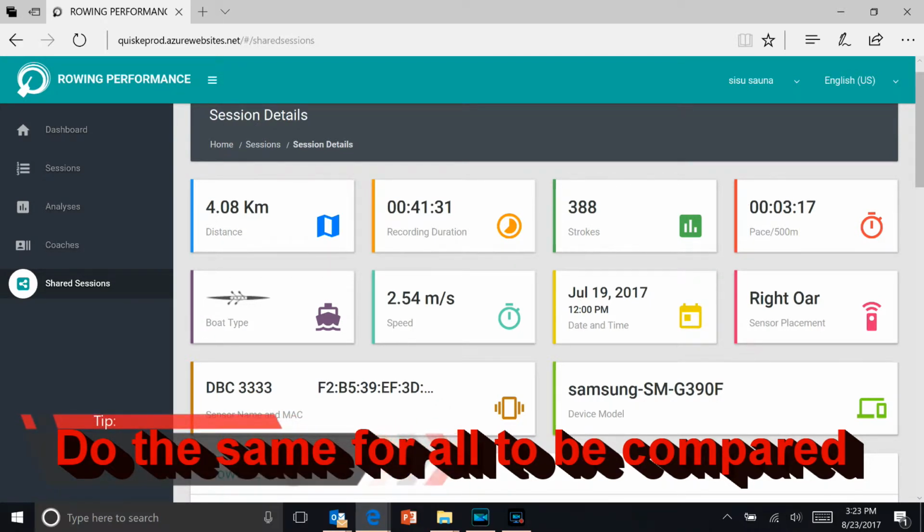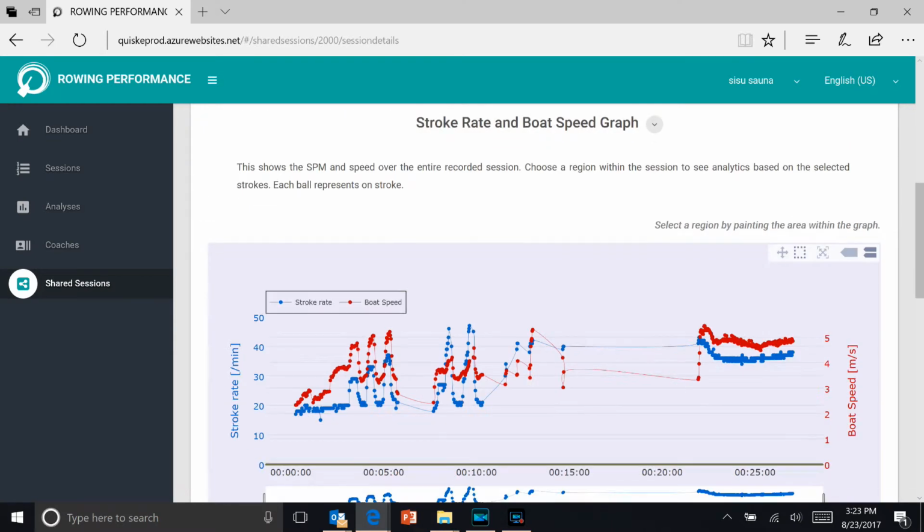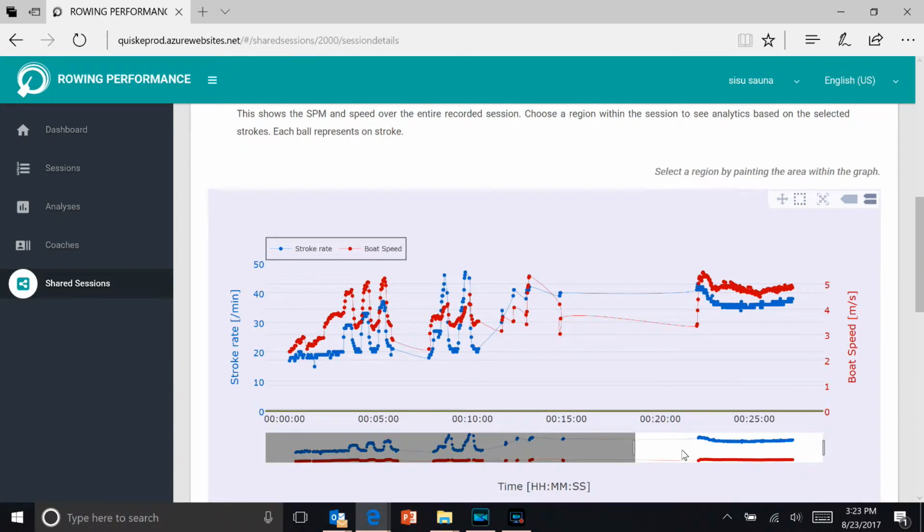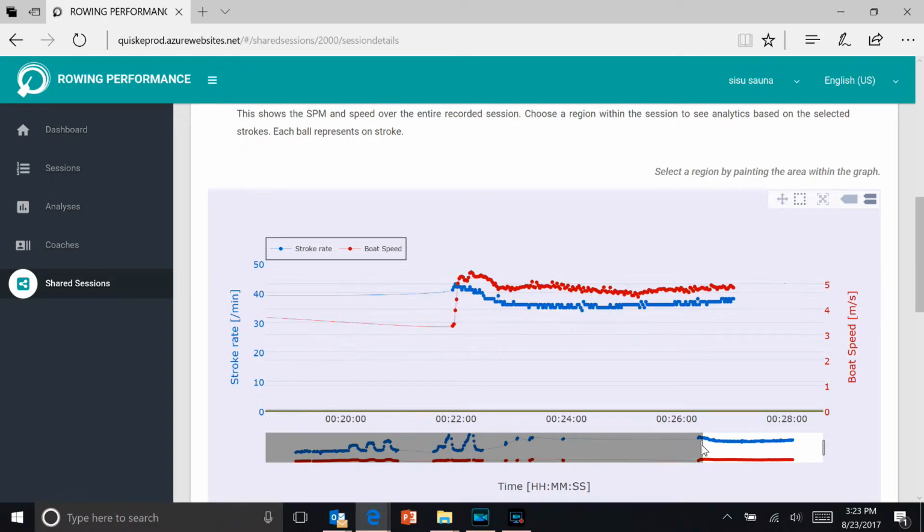So here we have just 4 kilometers and a 41 minute long recording, but still what I will do here is zoom in to the selected region so that I can correctly choose the right starting point of the thing I want to measure,